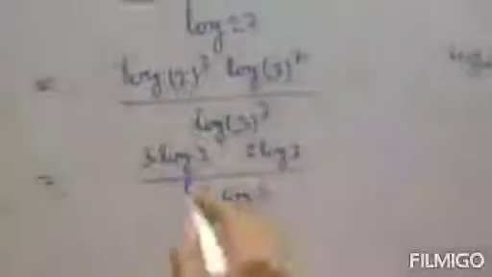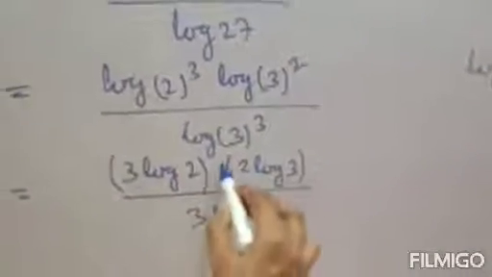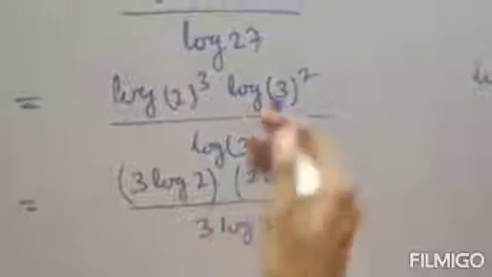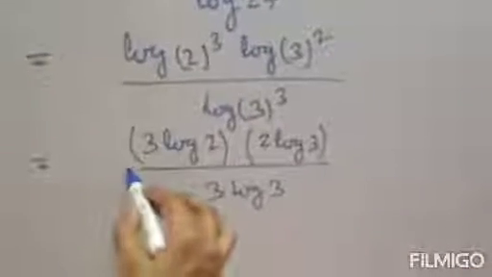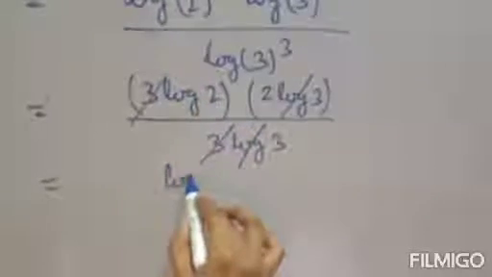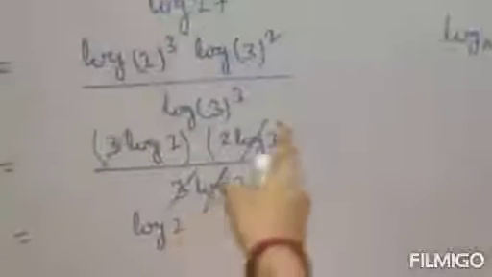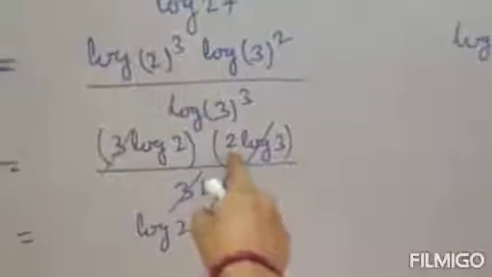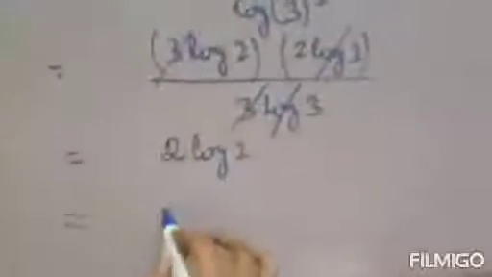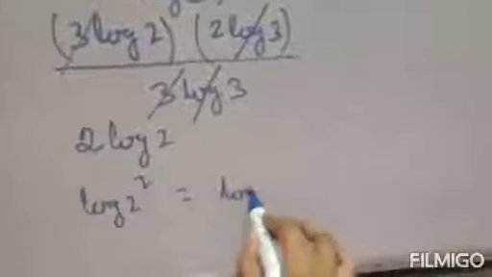Clear? Do it in bracket form, and in the middle position it is multiply actually. You can give the multiply sign or not. Now reduce: log 3, 3 and 3 cancel. So your answer is 3 log 2 upon 3, and 2 is present, so it is 2 log 2. Log 2 and 2, that is 2 log 2. Also you can write this as log 2 to the power 2, which is log 4.